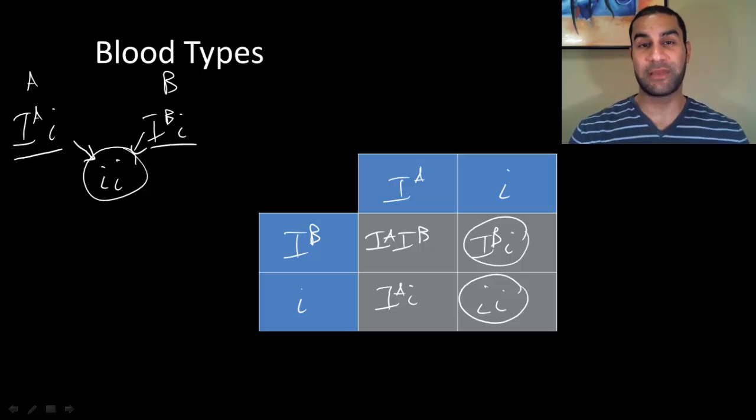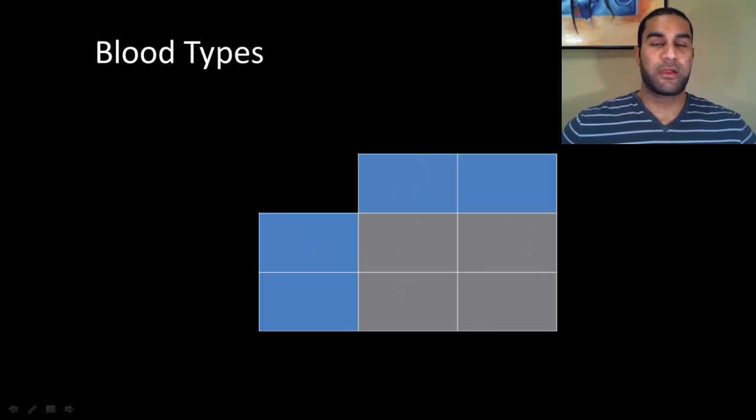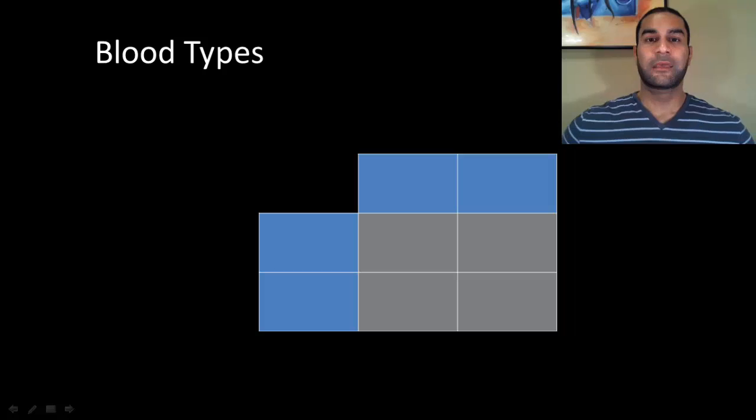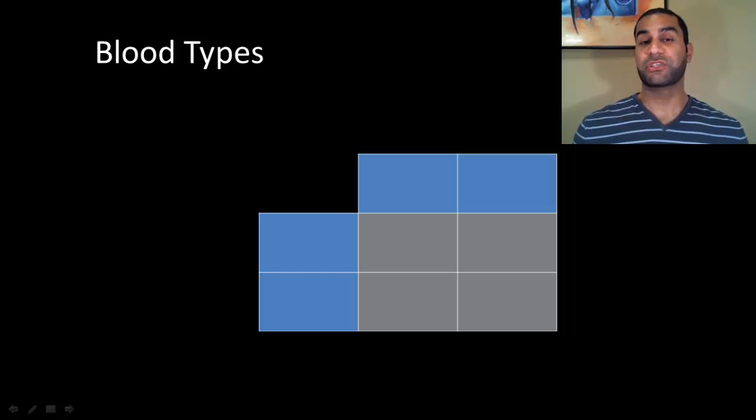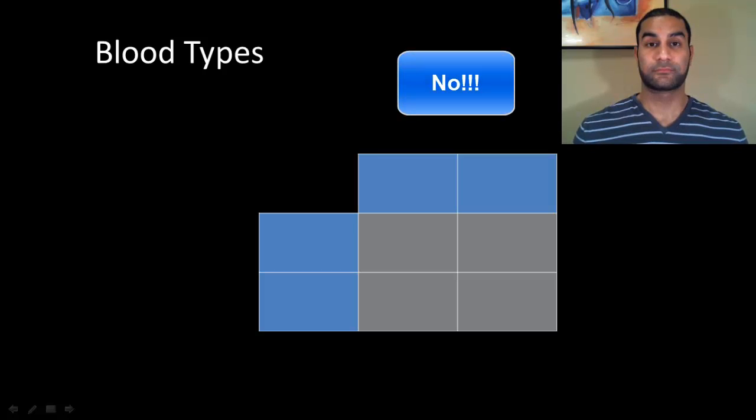So again, you can do a lot more practice here and do some crosses with it. Here's one question I can ask you. If one of the parents is type AB, is there any way a type AB parent can have a child that's type O? It's not possible, right? Not possible at all. And this is one of the ways that